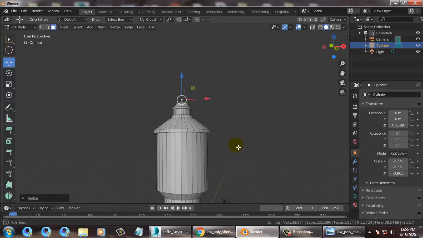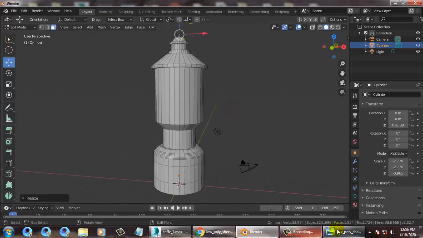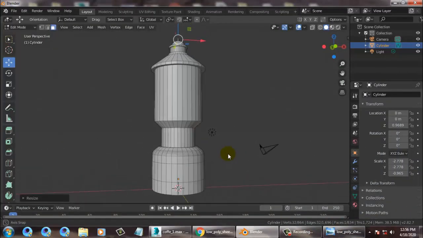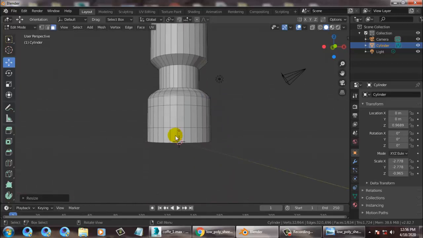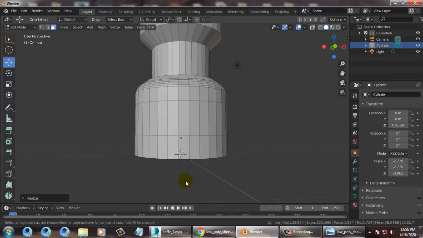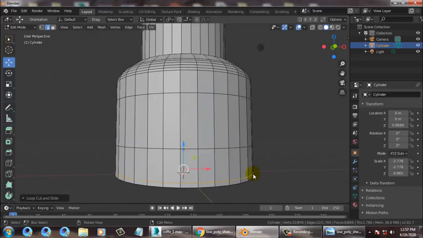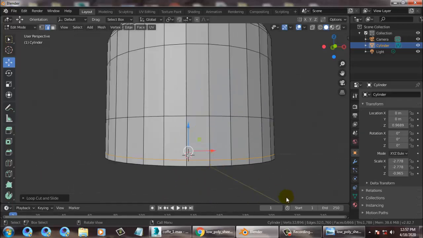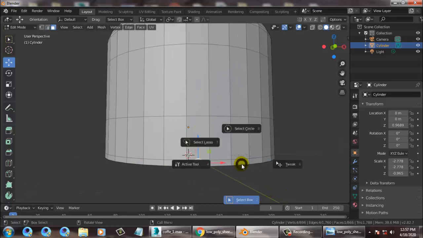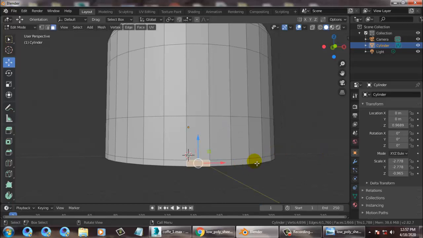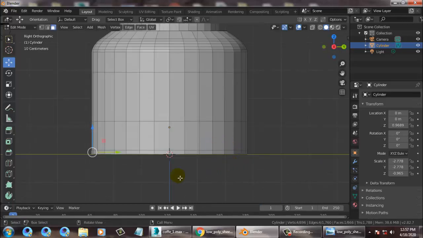So let's go again over here, press Ctrl R and just push this over here. Let's go into this polygons. Let's go into this view and just select this all polygons, or that's your faces.